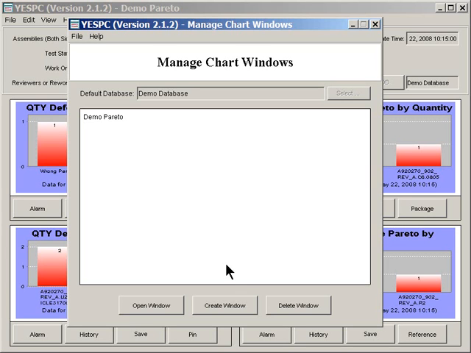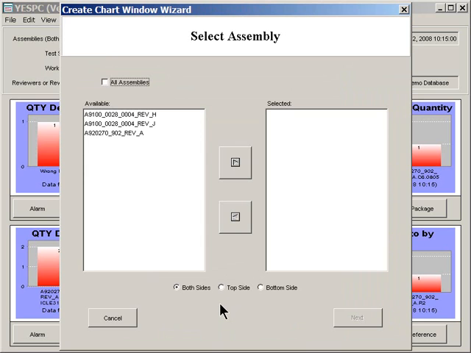Yespc can be installed as a desktop tool or as a server-based tool that can be accessed anywhere on the network. To develop and open a new chart window, click on the Create Window button of the Manage Chart Windows utility. Yespc works by creating a chart display that combines data from one or more selected assemblies,